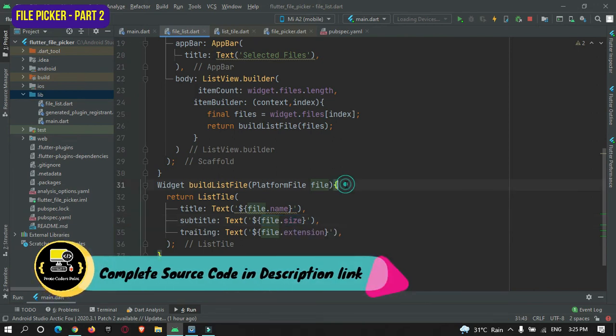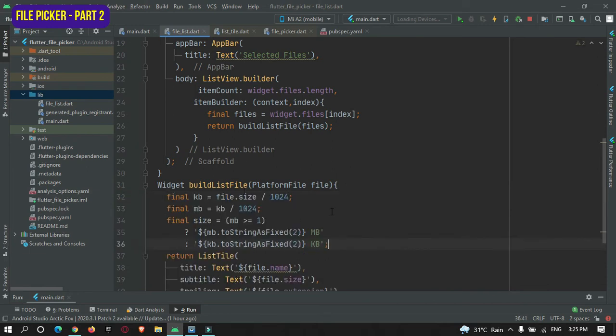So this is the code. Here we are going to take the file size and convert it by dividing it by 1024, and we get the size in KB format.